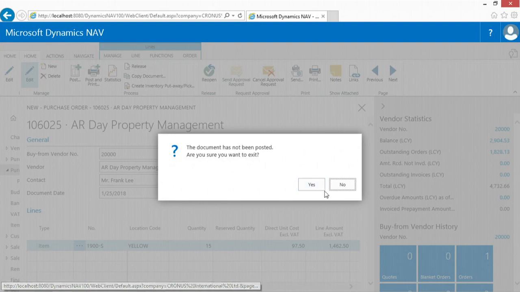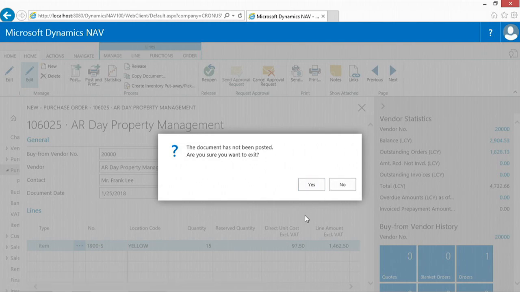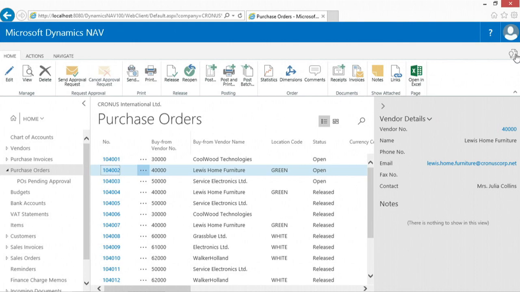So I will exit the document. Let's just check something. Once the approval request is sent, you can see, by the way, that the status now is pending approval. So in that way, I know that the approval entries are sent and that we are waiting on an approval of my approver. Now, another thing that you can do is go to the search function